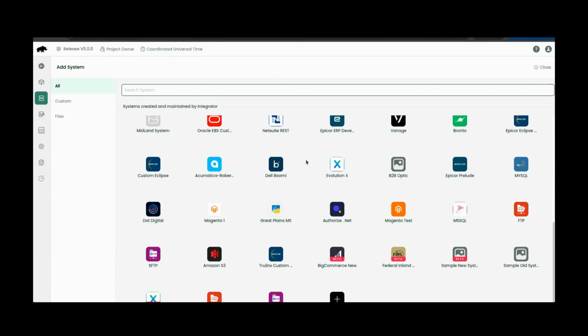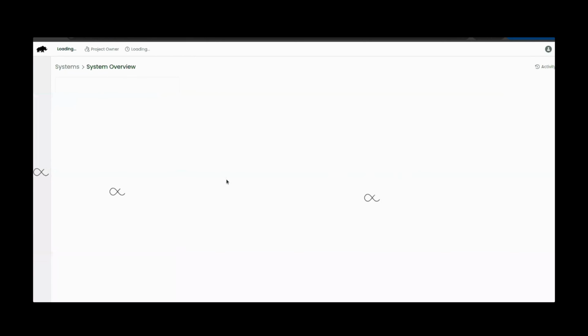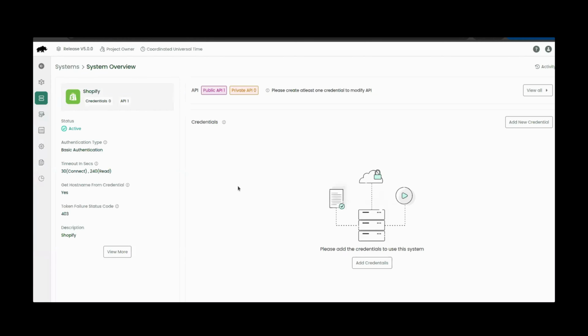Now if you want to connect to an old system, by old system I mean a system that was created prior to the release version 5.0.0, say for example, connecting to Shopify, if you click on this, you will end up in the usual screen, how it was before. Now, if you are trying to connect to a beta system that is created with the brand new approach introduced in version 5.0.0, when you click on the beta system, you will have a pop-up